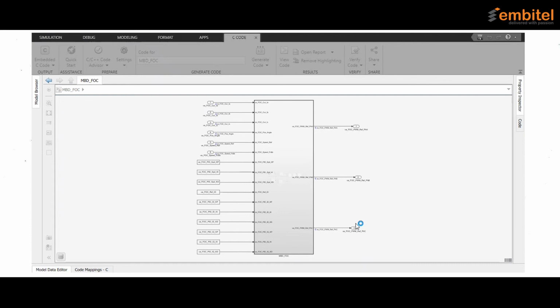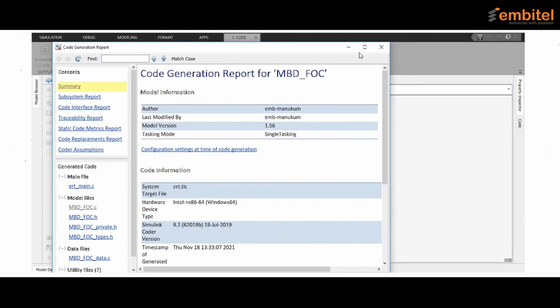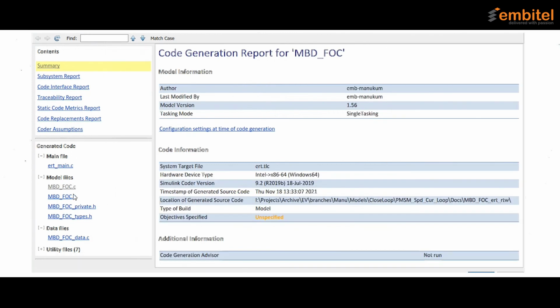Post successful code generation, an automated code generation report will be generated, which is this. You can see the files that it has generated: the .c file, .h file, model private.h file, and type header file.